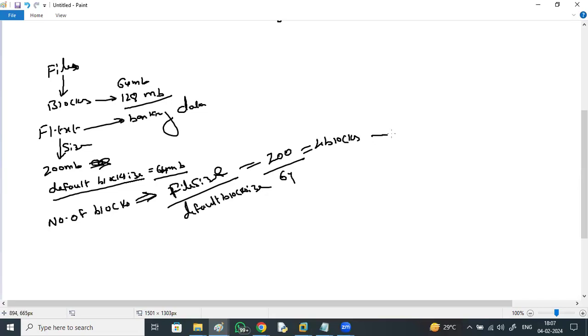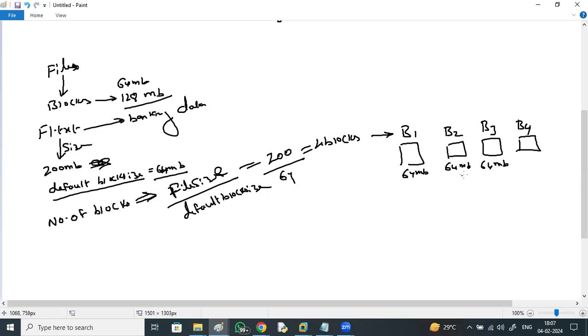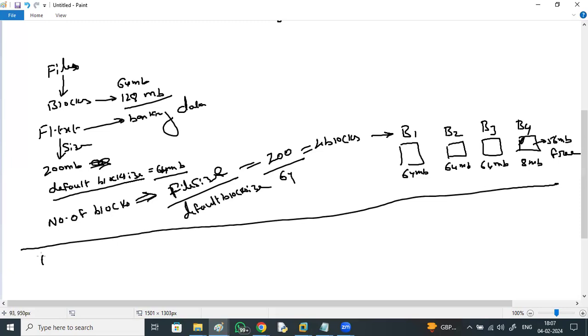In the 4 blocks, there are B1, B2, B3, and B4. 64 MB, 64 MB, 64 MB, and this last one is only 8 MB. Only 8 MB is used, but 56 MB is free in this block. If I take one more file, f2.txt,